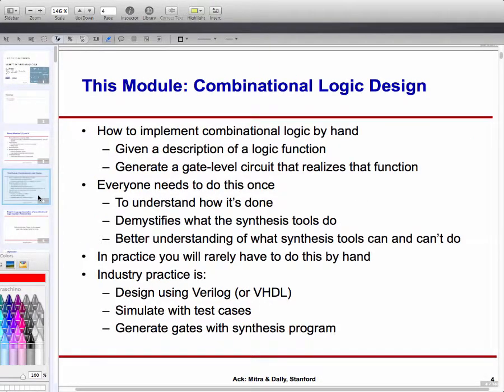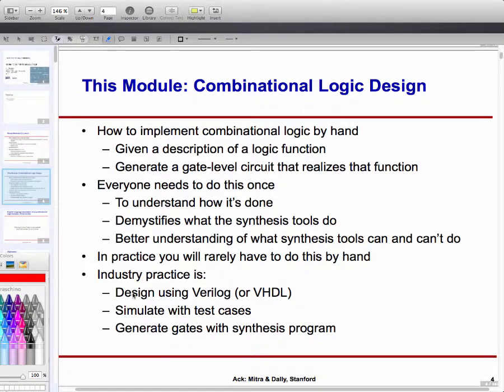So what is going to happen out here is we are going to see how we can design somewhat complicated combinational logic by hand. Now, as I said a short while ago, there are computer programs which do it for you. So one question which comes up is, why do we teach you to do that? Part of the problem is that those programs may not always be available, but the other thing is, this is so fundamental that for you to do a lot of other stuff, maybe someday you might be the one writing some of those programs, and also you have to know the basic process. But in the commercial world, you will not be doing it by hand,